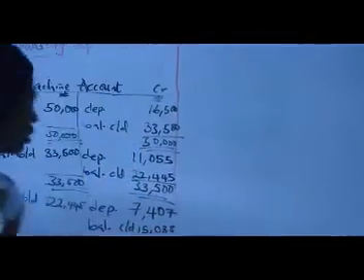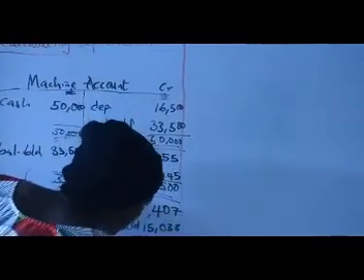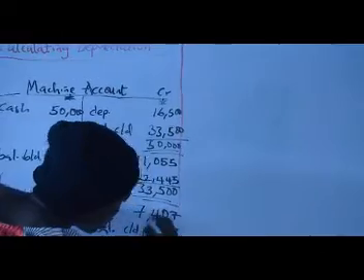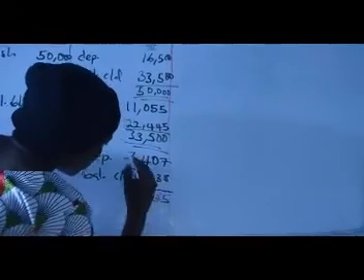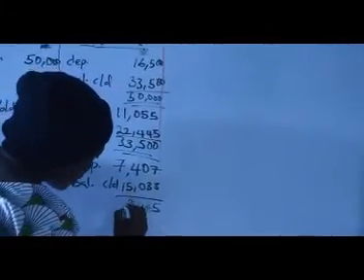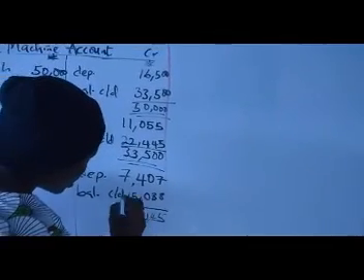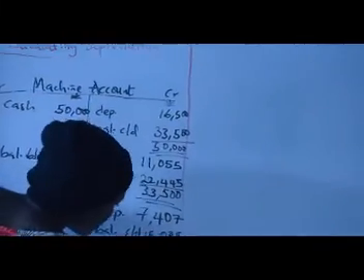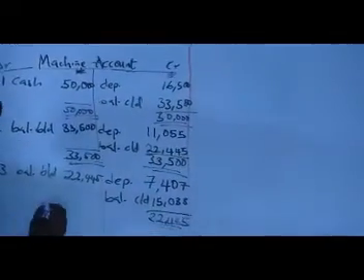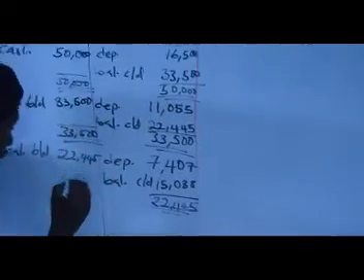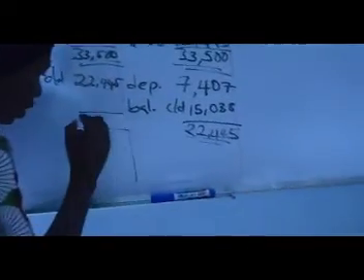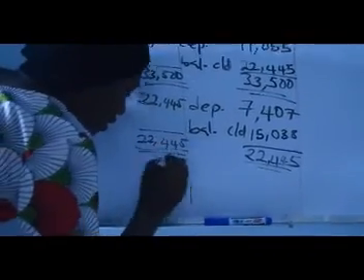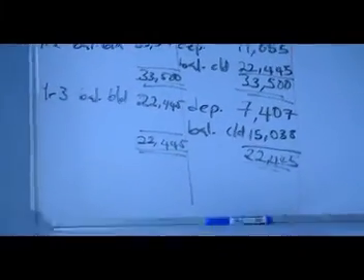Okay, so that if we add this, we have 5. Add this up, we have 3. Okay, 4 plus 1, we have 4. We have 12 and 2. So we also balance this account, 22,445. Okay, now for our fourth year,